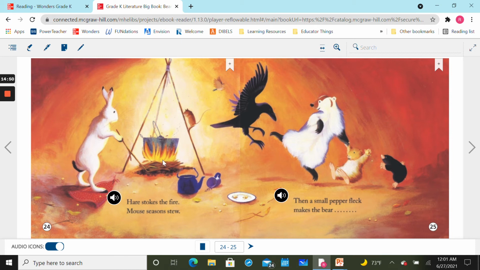Hare stokes the fire. Mouse seasons stew. Then a small pepper fleck makes the bear